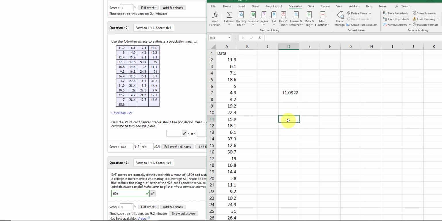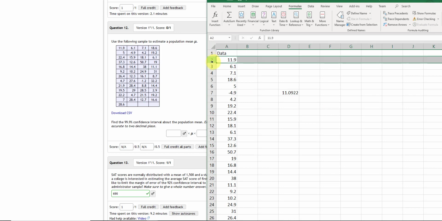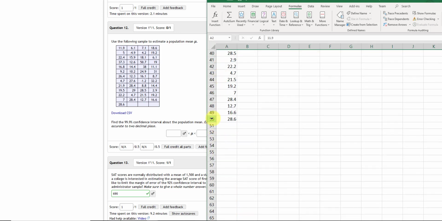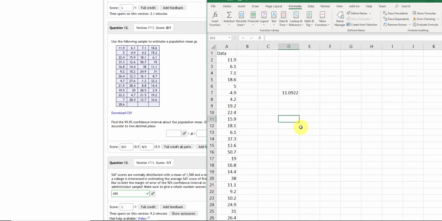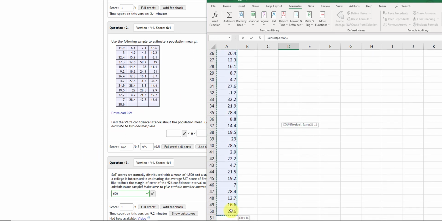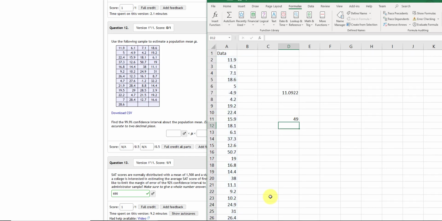We also need to find the sample size. We know that from row 2 all the way to row 50, there should be 49 of them. But you can also use a function like COUNT to count how many elements we have inside this data set right here. If you do that and then close, you should get 49. Now we are ready to construct the